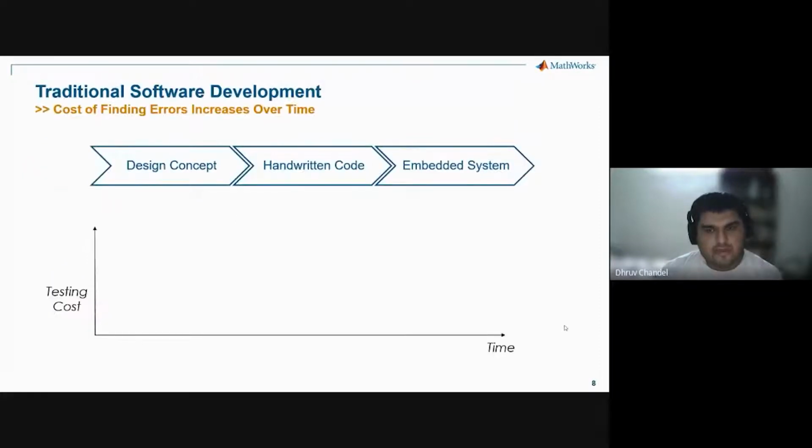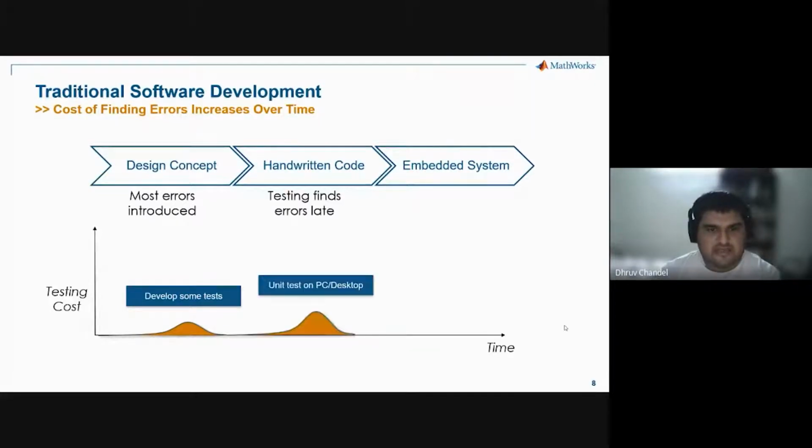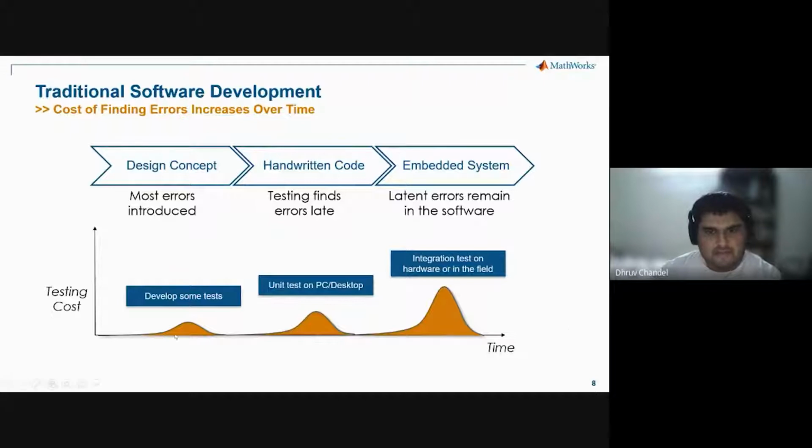And one of the most important things which drives research and development is the fact that we are quite good at designing things. Most engineers are okay at designing things, but it's actually in the testing phase that you find most of your errors.